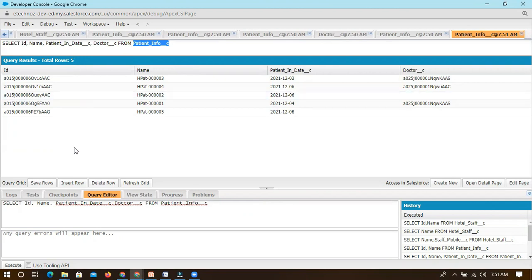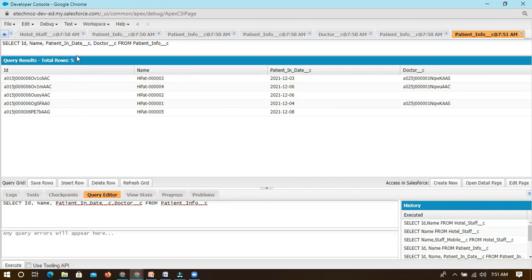On this screen you can see a maximum of 200 or 250 records, not more than that, but you can see the count. If it has 1,000 or 10,000 records, it will show the count of all 10,000, but you can see only the first 250 records on this screen. After that, you can filter the data, so we can add a where clause.